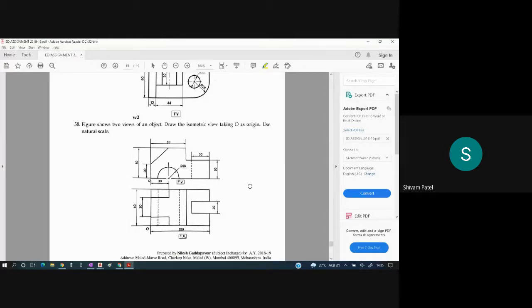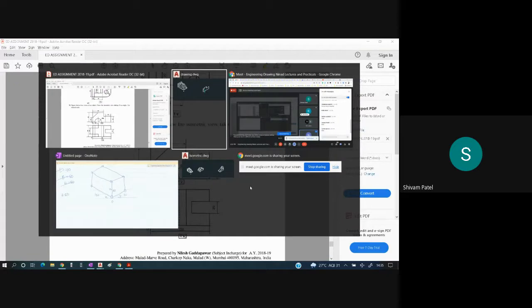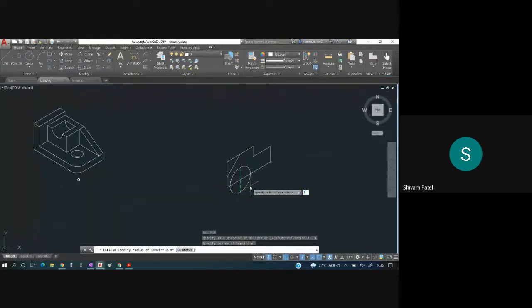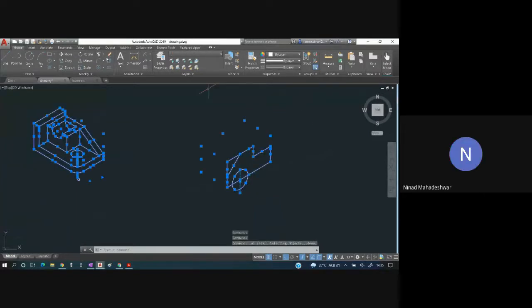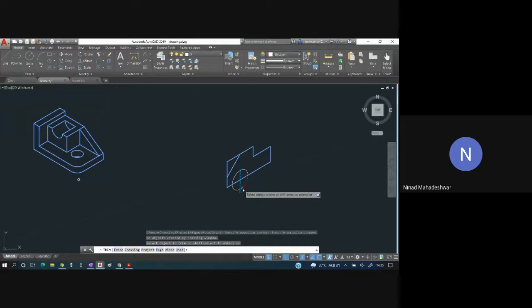So now I'm going to take that into consideration. Okay, so this is 18. I'll press enter. So this is done. Control A. What I'm going to do is we have to trim the lower portion. So this is trimmed. This is trimmed, and this is also trimmed.